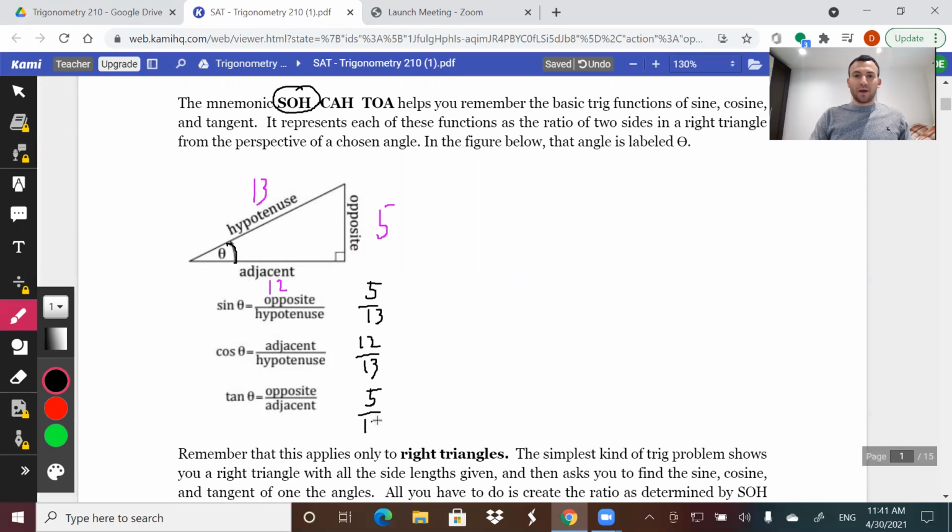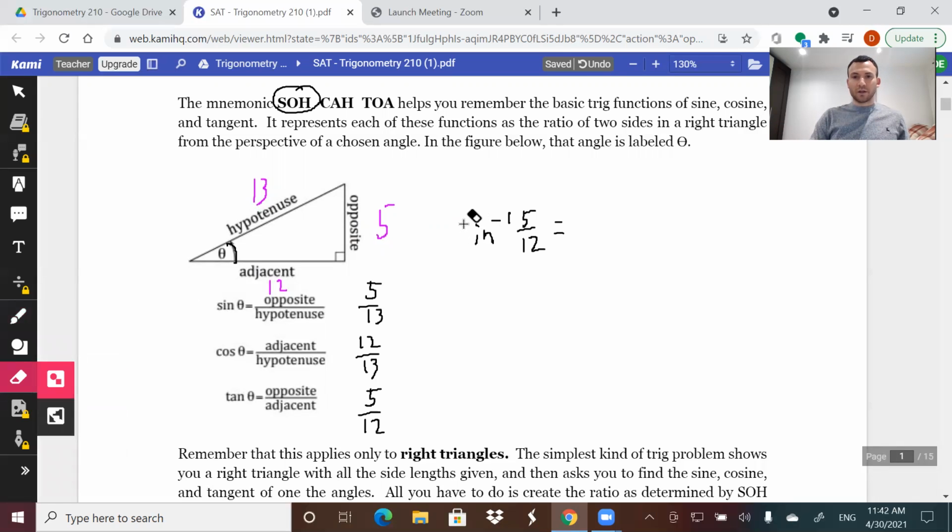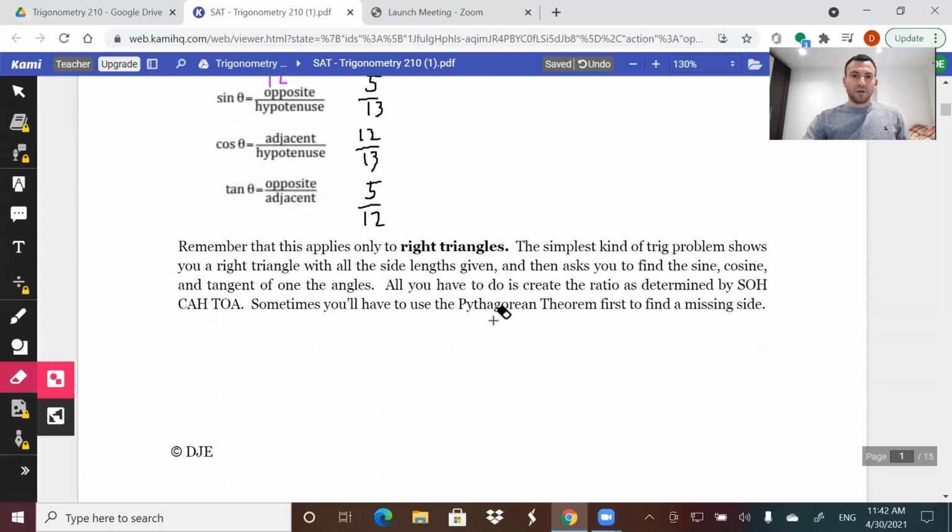The beautiful thing about trigonometry is that if you were to type into your calculator inverse sine 5 over 12, it could figure out for you what theta is, what the angle is. SAT won't even require that, so you can almost ignore that I said that, but you do need to understand what sine, cosine, and tan are referring to from the perspective of an angle. Okay, so anyway,